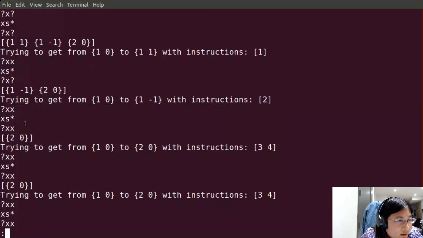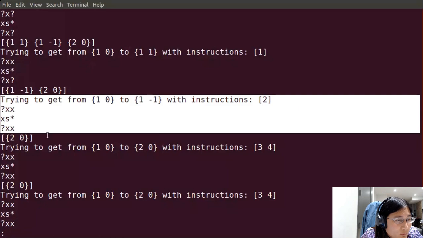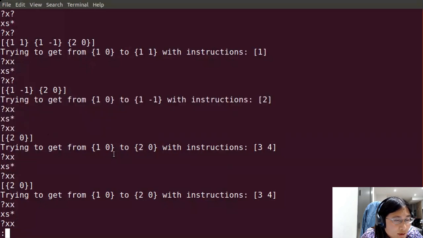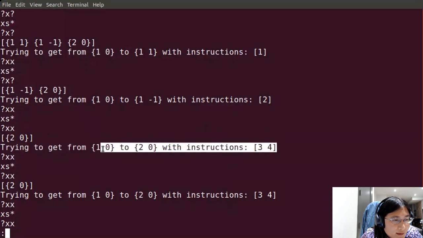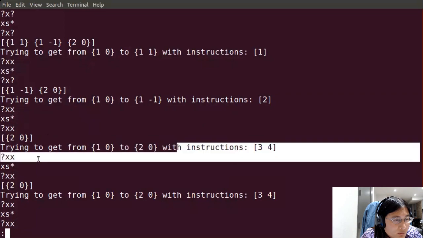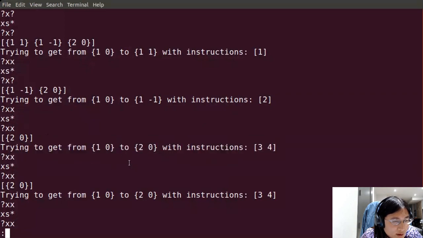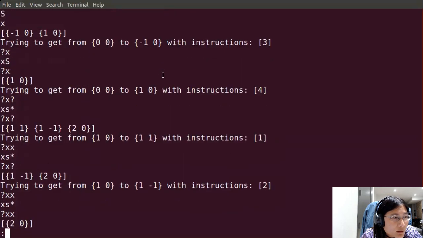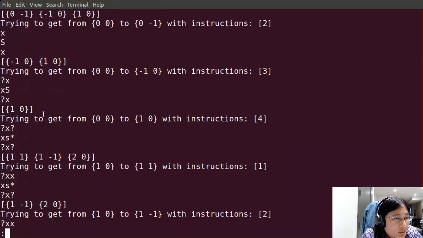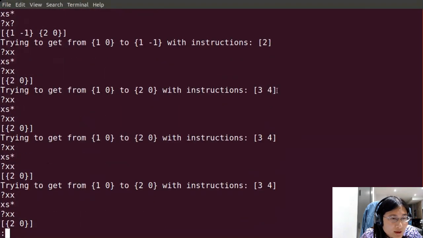That's correct. Okay, and then now it tries to get from 1, 0 to 2, 0, and now that BFS is failing. This should just result in one instruction to turn right. Should be the 4 instruction, and for some reason it's issuing the 3 instruction instead.